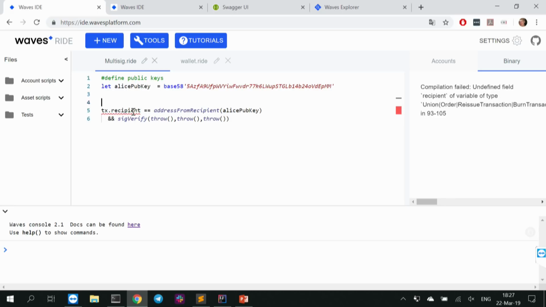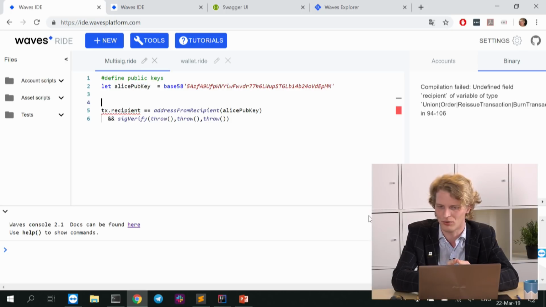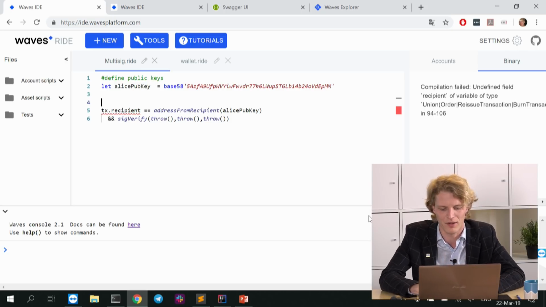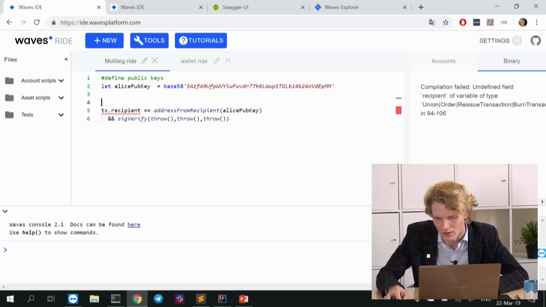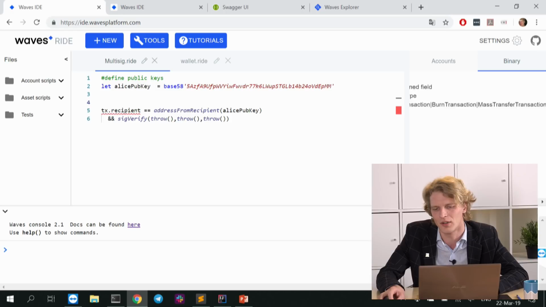The thing is that since we have many types of transactions, TX can be one of many existing types. It could be transfer, it could be issue, burn, reissue, whatever. And all of this is encoded into the RIDE API library, meaning that TX is one of these transactions.